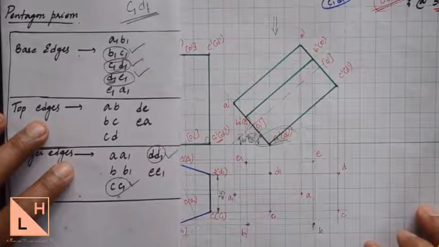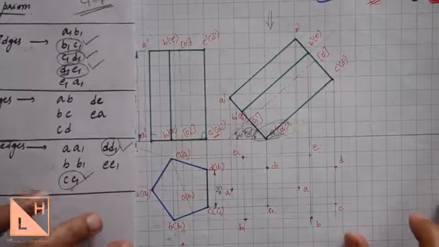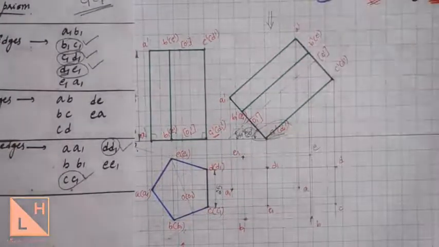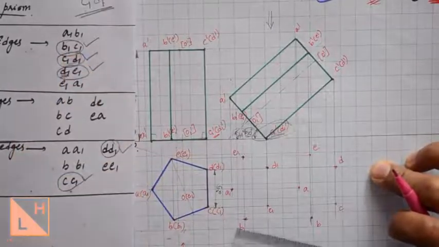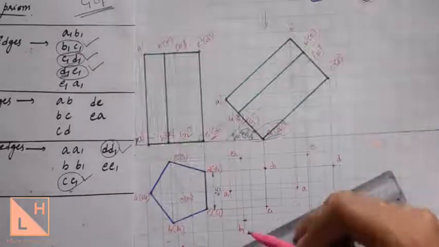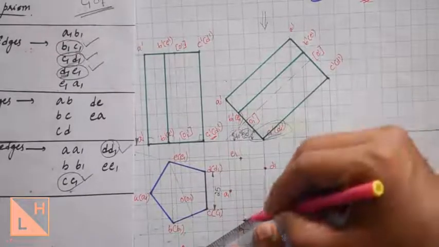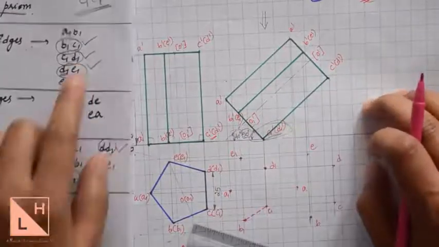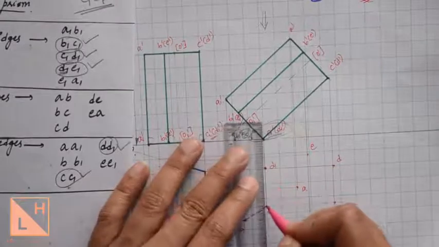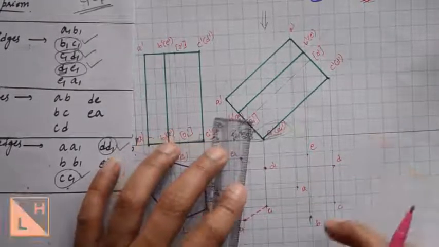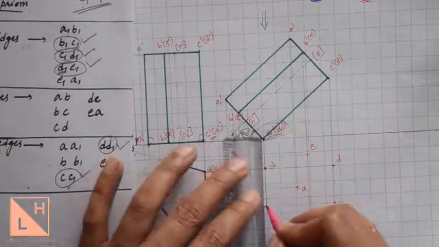So let us draw these edges first in the second position top view by dark dotted lines, by dark dashed line. So connect B1 to C1 with the help of a dark dotted line. So identify the points B1 and C1 and connect them with a dark dotted line. Next is C1, D1. C1 is here, D1 is here. Be clear with what you are drawing. These contain no ones, these have ones. Okay, so connect C1 to D1.